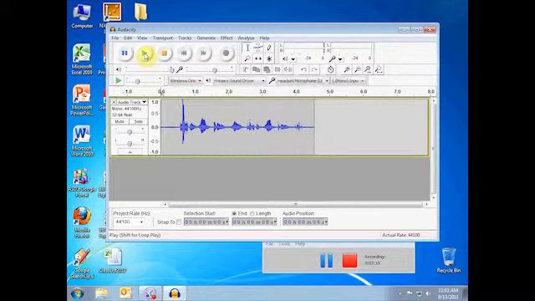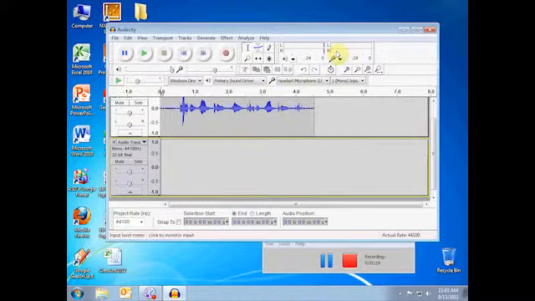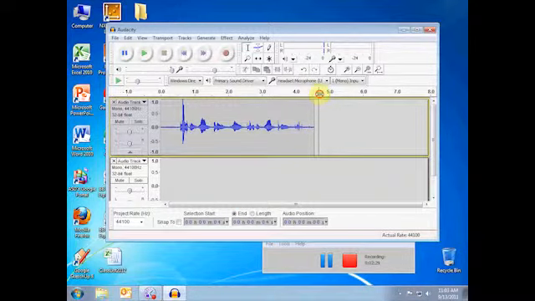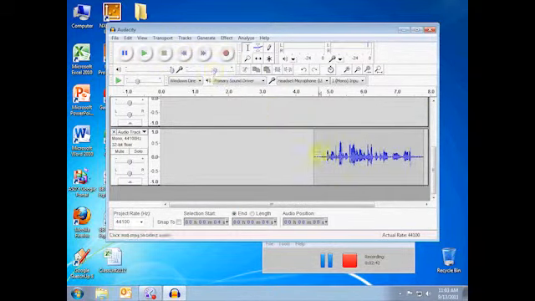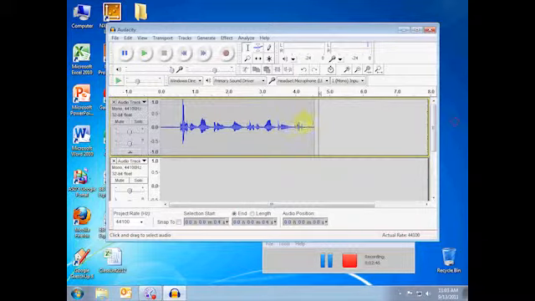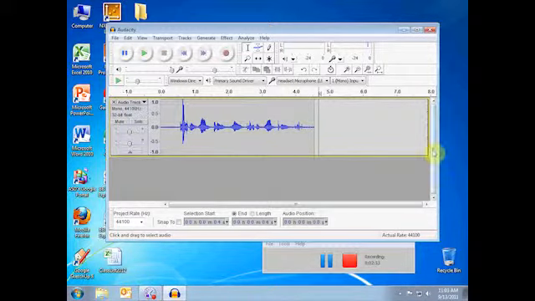Okay, that's great. If I wanted to record further, I could add another track by going to Tracks, Add, New Audio Track. And now I could record here if I want to start my recording here, or I might want to move that to here so that it's lined up, and set that up. And then if I hit the record button here, it will start recording on a second track down there. You could also record on the same track and do it that way, but right now I'm just going to leave it as one track, and I'm going to now show you how to export a file as an